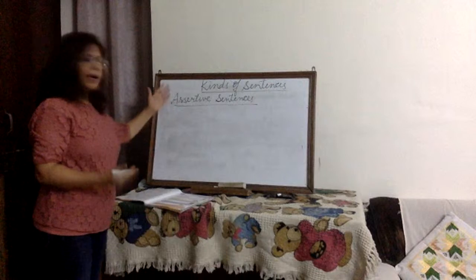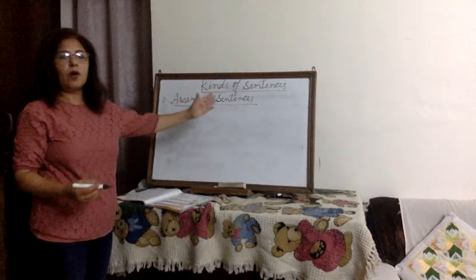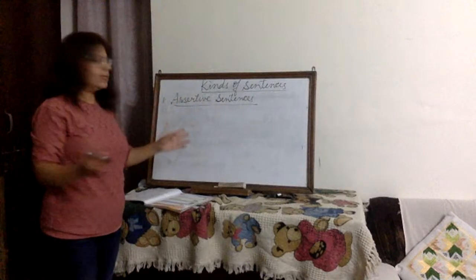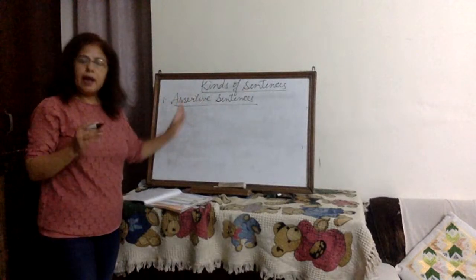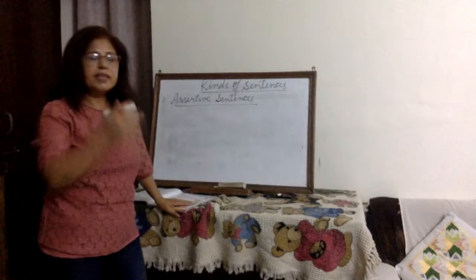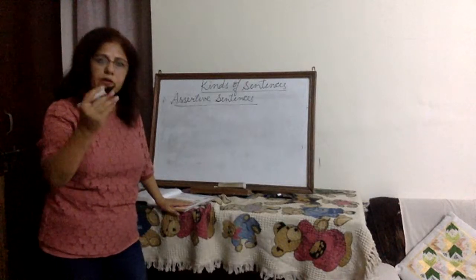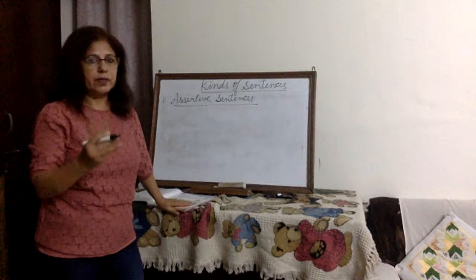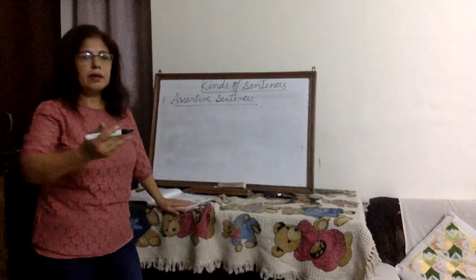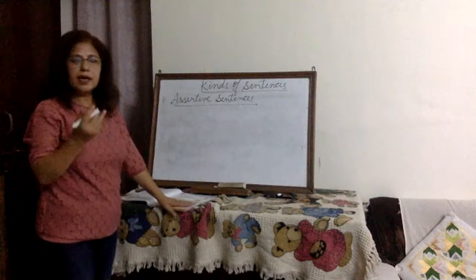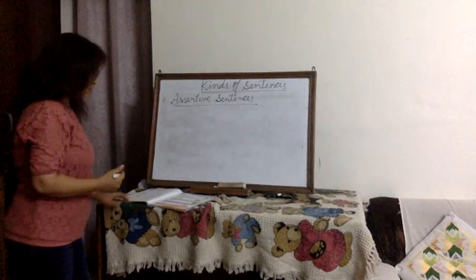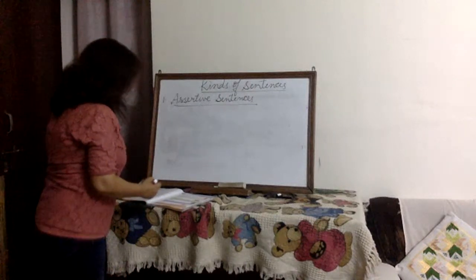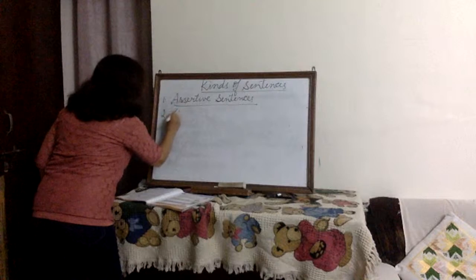And an assertive sentence always ends with a full stop. Any sentence begins with a capital letter, but an assertive sentence ends with a full stop and it tells a fact. When we tell something, some fact, that is called an assertive sentence. Next is imperative sentence. Number two is